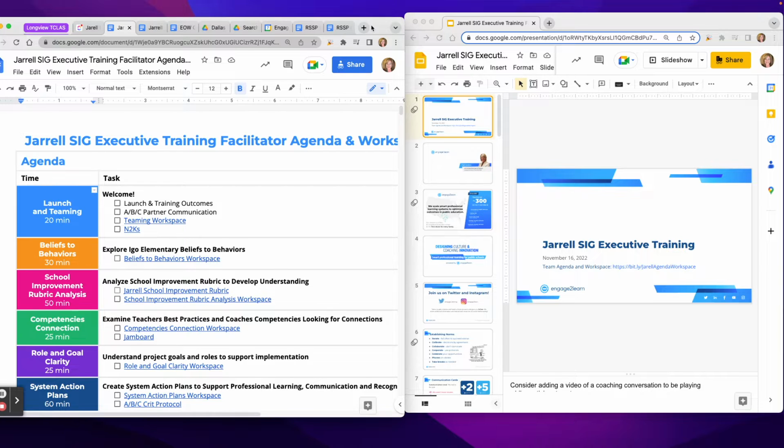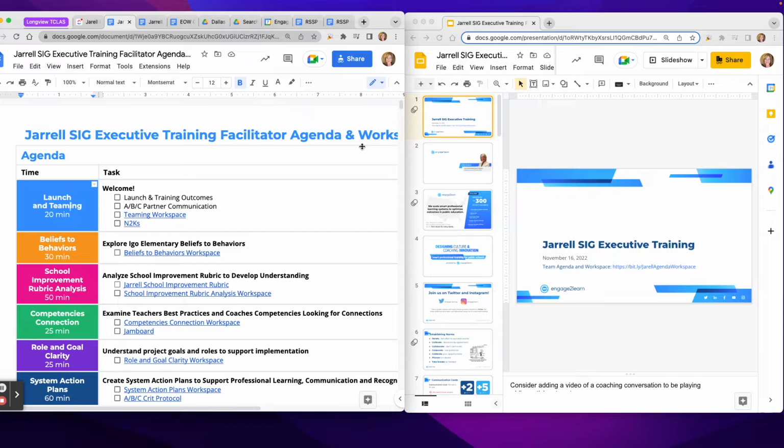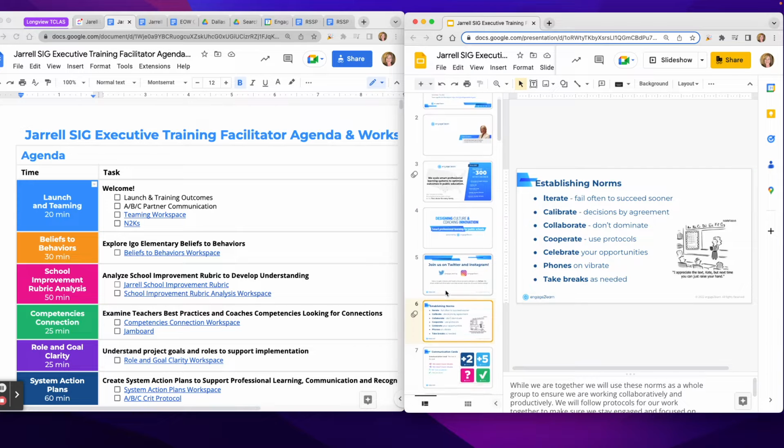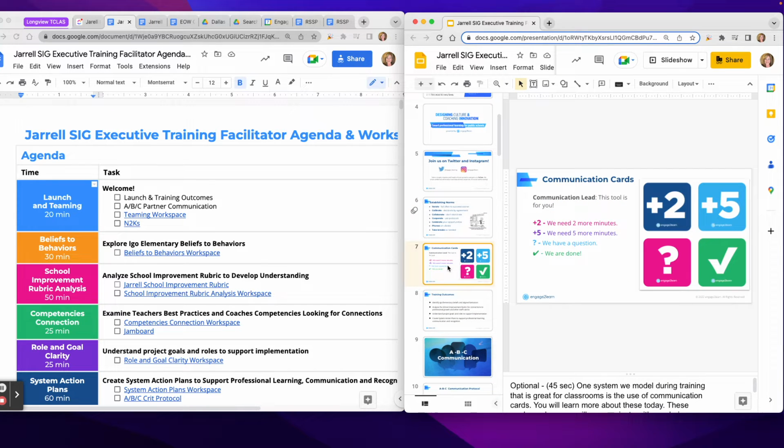embarking on a school improvement grant and knowing some of the things that a school principal would benefit from. So you'll start off with regular launch and teaming. You'll see that you have the intro, the normal slides that we use, and there is a slide 7 with